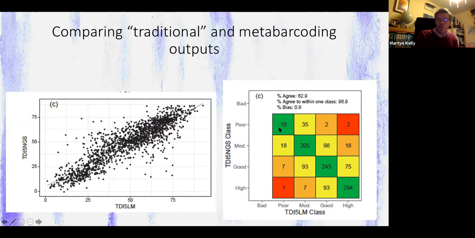So we found about 63% of samples changed class, which is, well, sorry, 63% of samples did not change class, but that in turn means about 37% did change class. And this is for samples. When we did it for sites, the situation's slightly better. It's about 70% have got an exact match and 30% a shift in class. But this is still a big problem for regulators,